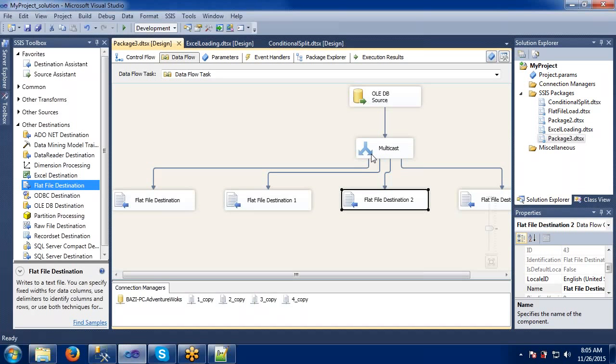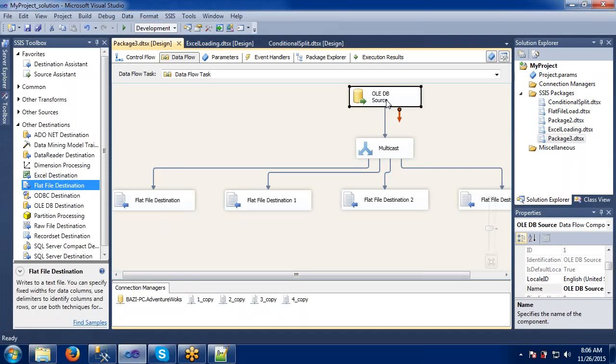So that instead of doing the multiple operations on the same sources, what is the main advantage here is, if I want to send the same source to the same destination, if you look into our first package, we have created one single package, right? But here we are sending to 4 destinations in one package itself.